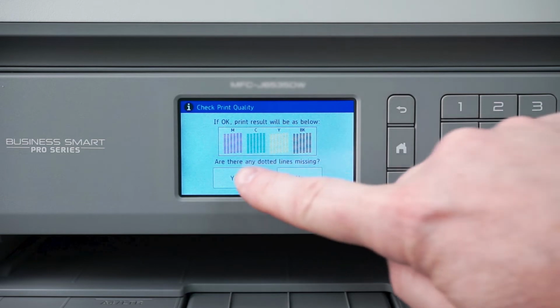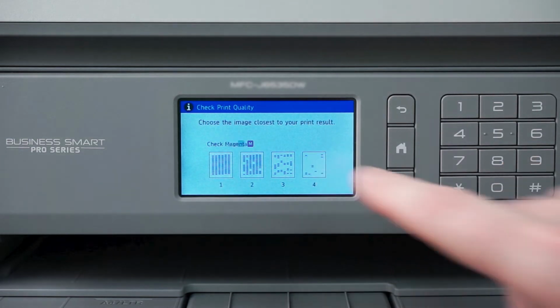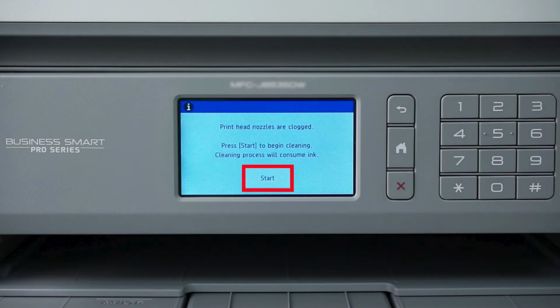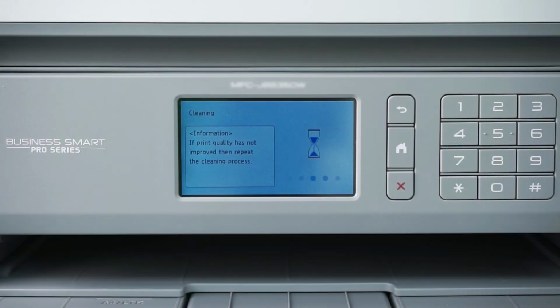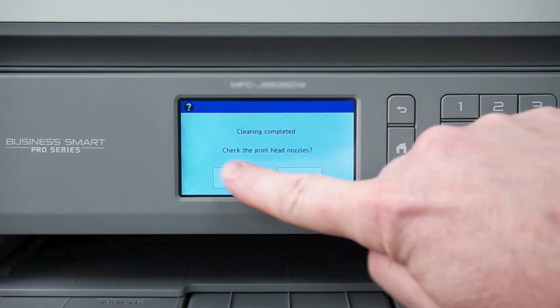Start the print quality evaluation again. This time, however, for every color that is missing dots, select Pattern 4 to force a deeper cleaning of that color's ink lines. Press Start to begin the second cleaning. You will again be prompted to check the nozzles. Press Yes,